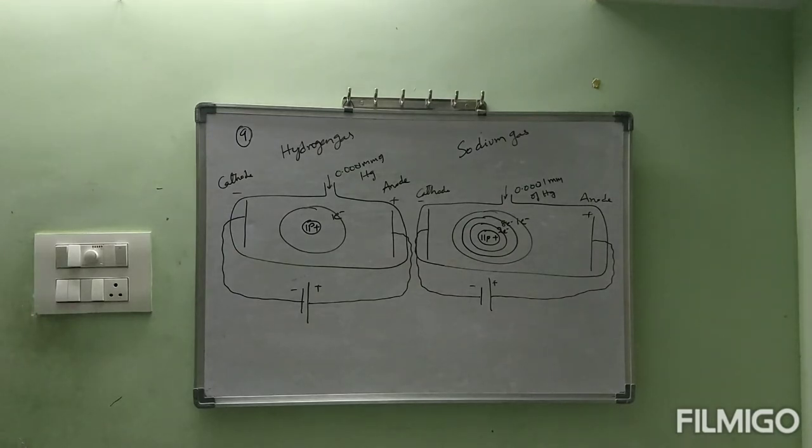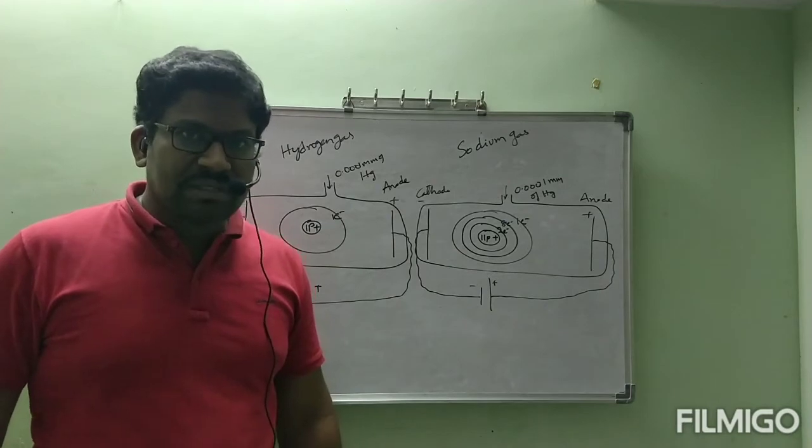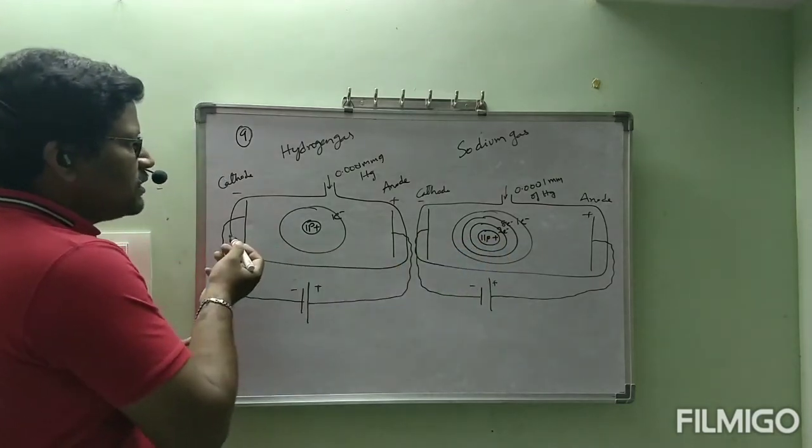How the electrons are present around the positive charge shell-wise, and in the sodium atom how the 11 electrons are present in different orbits around the 11 protons, everything you will come to know in atomic models, in the next coming theories. That is not a problem here. Just concentrate on the ninth point. For understanding that, I am explaining all these things now. Myself I will teach you. Now this is the structure of one sodium atom and this is the structure of one hydrogen atom.